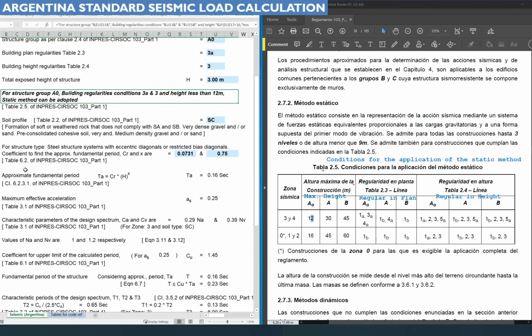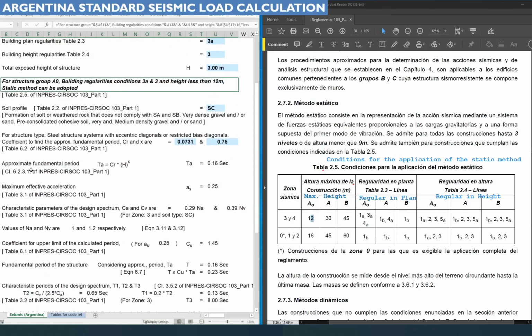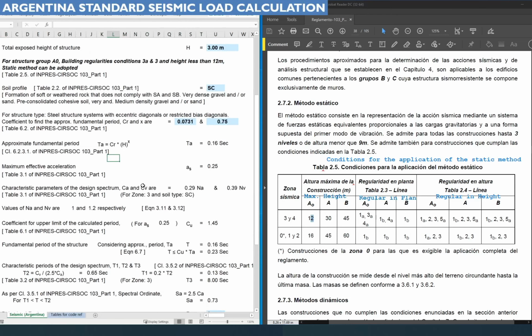So the next input we record is the soil profile. Generally the soil profile we can get from the site or project report, or even the soil investigation report will provide you the exact soil formation and what could be considered for our seismic calculation. And that soil classification, which is done in this standard code with respect to table 2.2, we need to refer. For table 2.2 soil profile, we need to refer to page number 33.